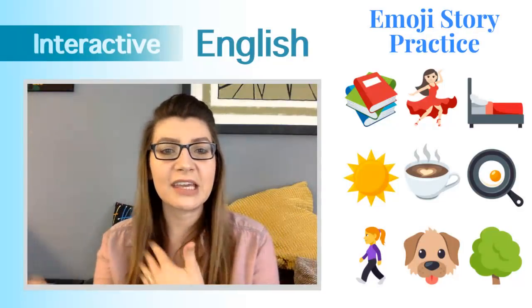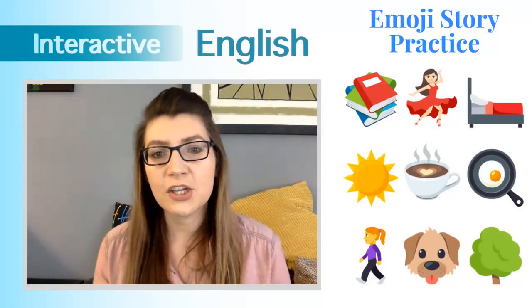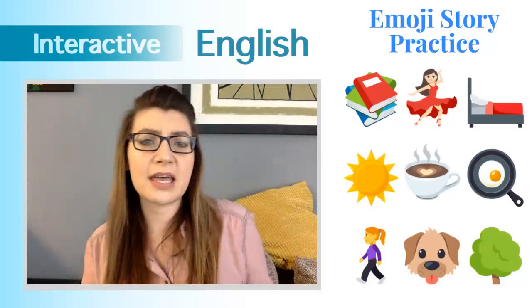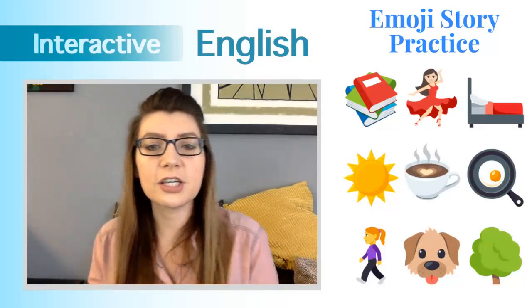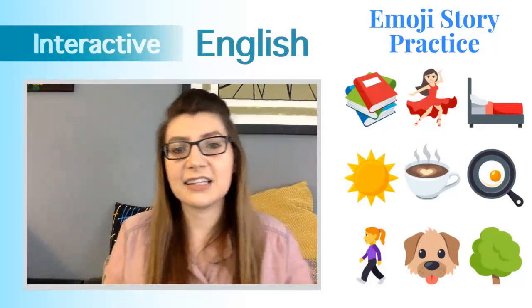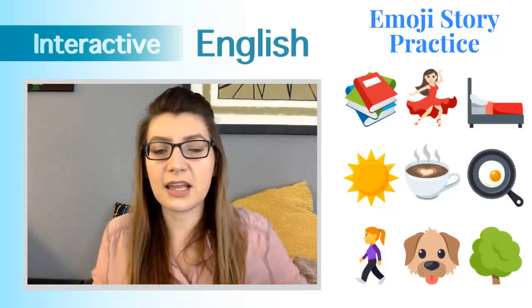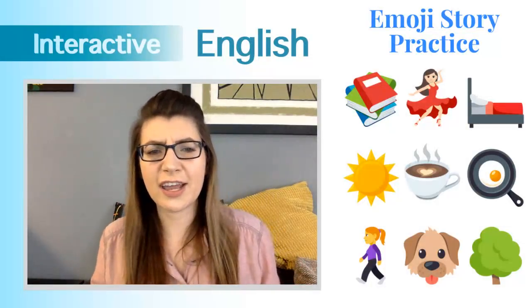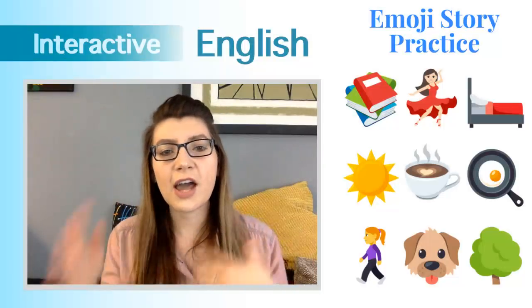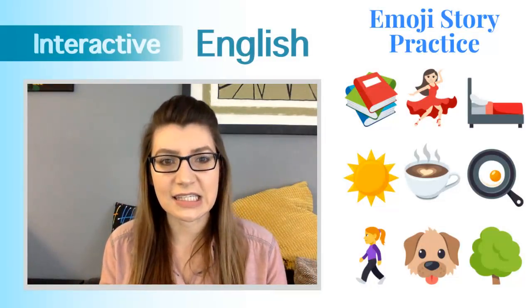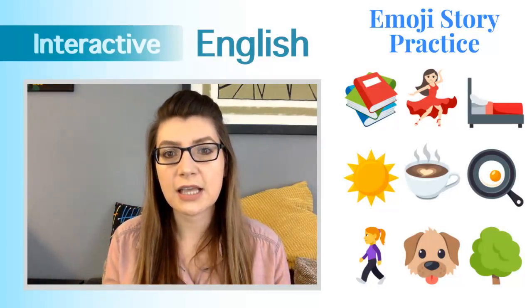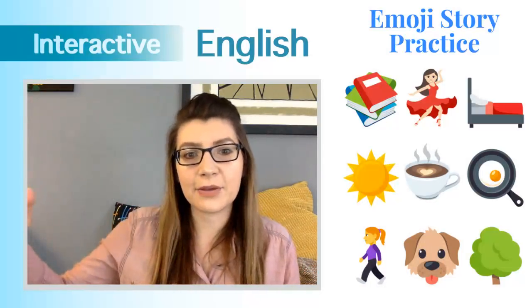So I gave you some hints with some pictures over there. There's a dancing girl, there's a bed, and then for tomorrow morning, there's a sun, a coffee and an egg, somebody walking, a dog, and a park, tree. So I want you guys to come up with sentences using future time clauses about what will happen after this